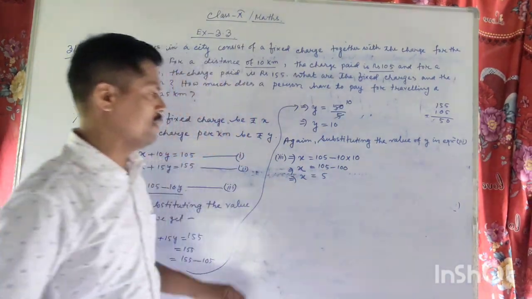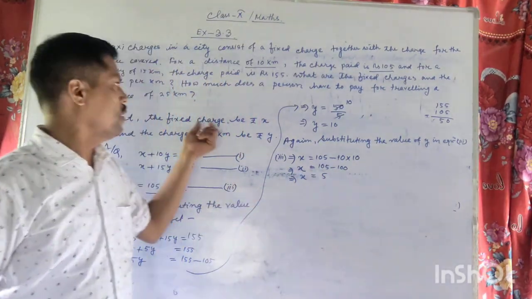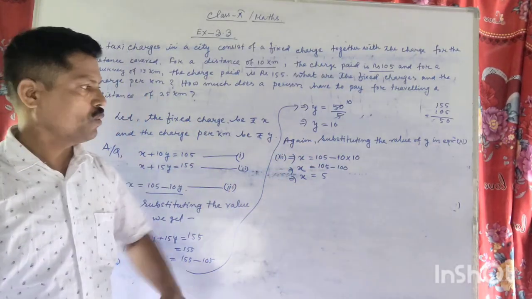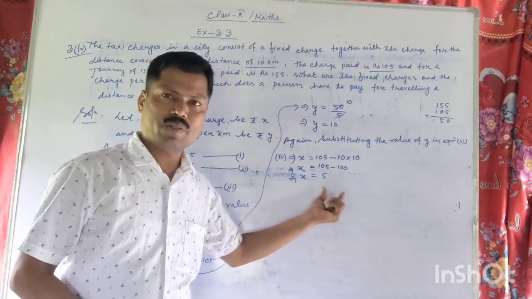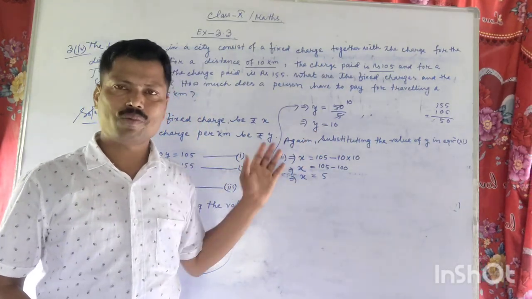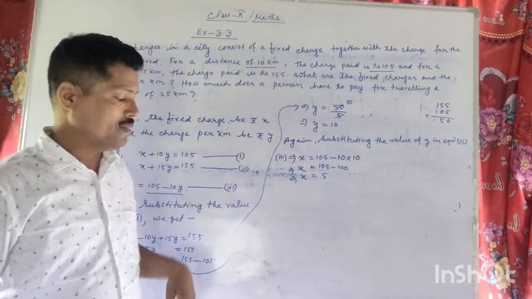So we can say here x value is taken for the fixed surge, and y value is taken for the per kilometer surge. So the fixed surge is rupees 5 and the per kilometer surge is rupees 10. So we have found this out here. Now, in the second part,